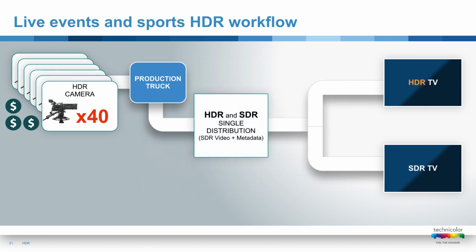I could just produce HDR, buy all new cameras, and distribute it both ways. But this still means that they have to duplicate their distribution infrastructure. There are solutions out there in the marketplace that allow them to combine that into one distribution. If I'm backwards compatible in my distribution signal, at that point, I can now send one signal to the SDR TV and the HDR TV. I've now cut out that cost. So you can see why these solutions and these different technologies are necessary within a live environment.